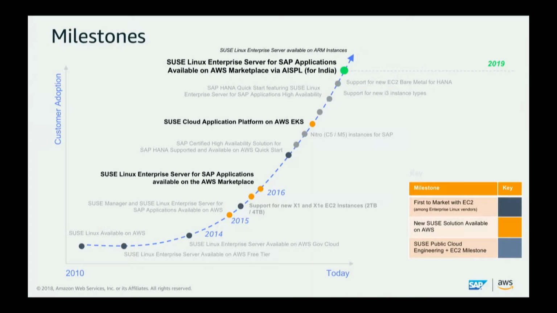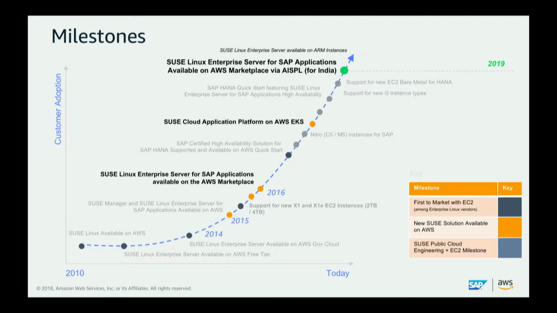With the milestones. Since 2008, SAP trusts the AWS infrastructure and has deployed a variety of products and workloads in the AWS cloud. Since 2010, SUSE Linux Enterprise Server became available as an SAP instance.